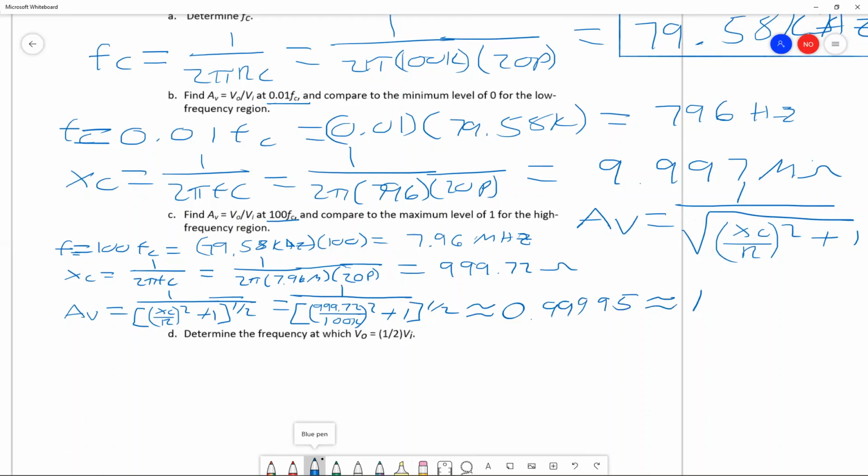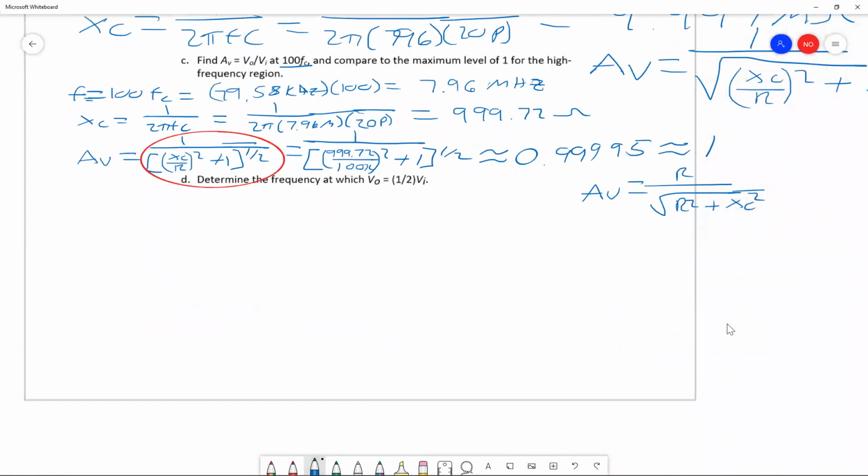For this problem, one last point, if you check the key, you may have seen something like AV equals R over square root of R squared plus XC squared. That is the same exact equation as the one we used. The only difference is that they multiplied by R on the top and bottom to get the numbers that they needed, but it is completely the same. You can use either. The one I'm circling in red is the one that's on your equation sheet. So this is the one that I'm going to use just to keep it simple, but you can use either version. It'll give you the same exact answer. Last part, determine the frequency at which the gain